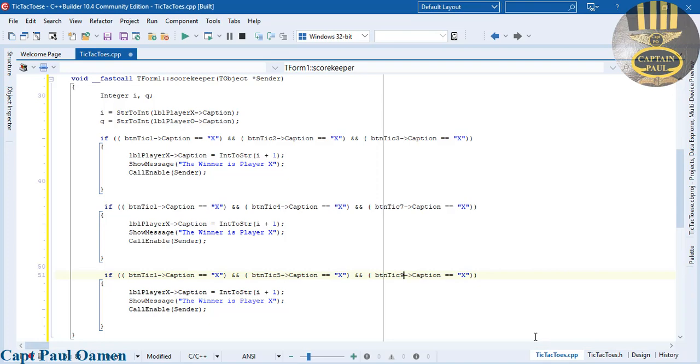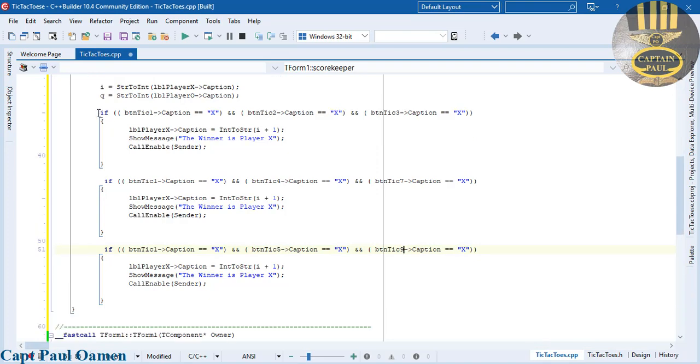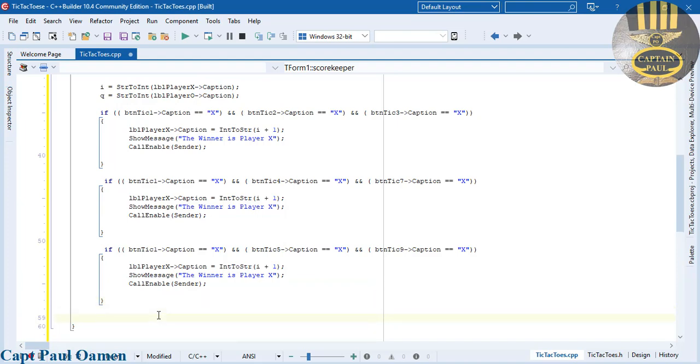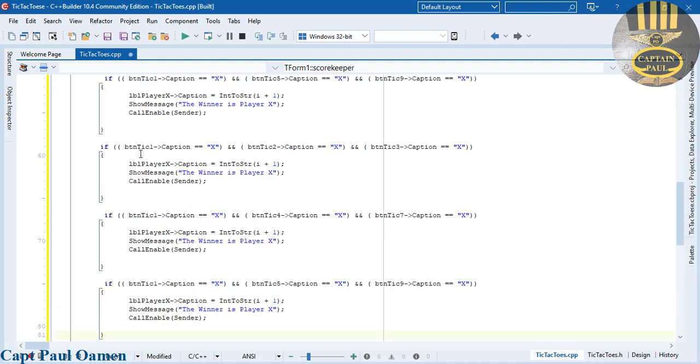Okay, let's go back in here. So I'm going to copy all of these, come right down here, paste. That's 3. So let's change that. The last one was 1 5 7. So let's go, if that is 1 5 7, no, 1 5 9,